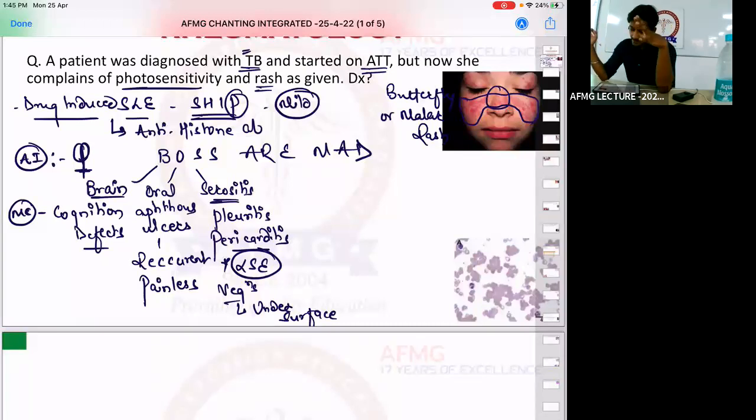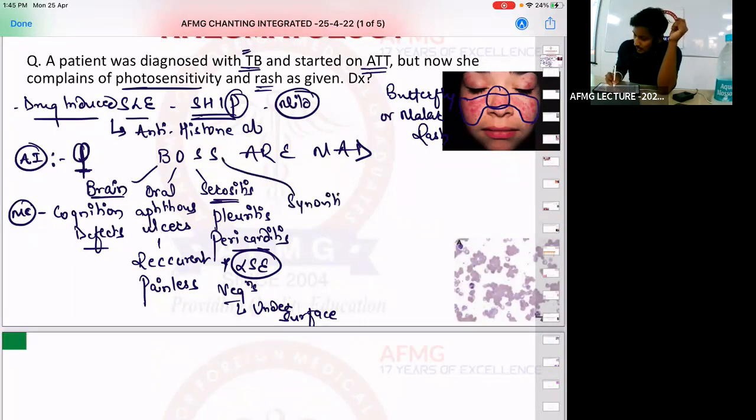Vegetations in Libman-Sacks are usually predominantly seen on which surface? Under surface, and they will damage which structures? Chordae tendineae, and that will cause which valvular regurgitation? Mitral regurgitation. No issues with this. Next, S stands for